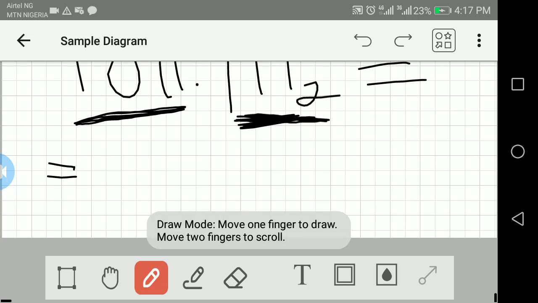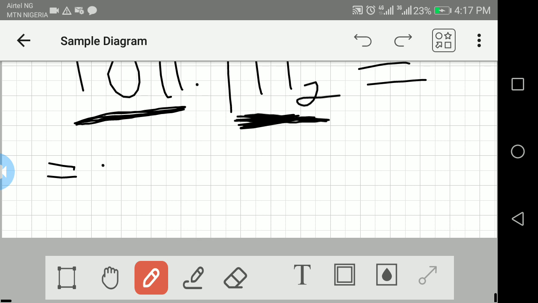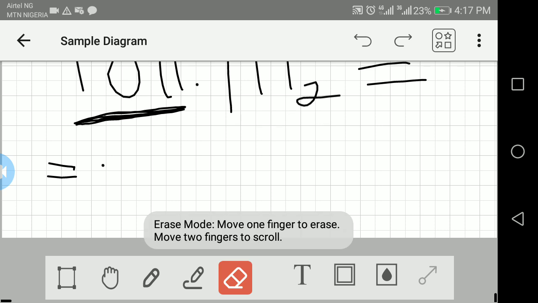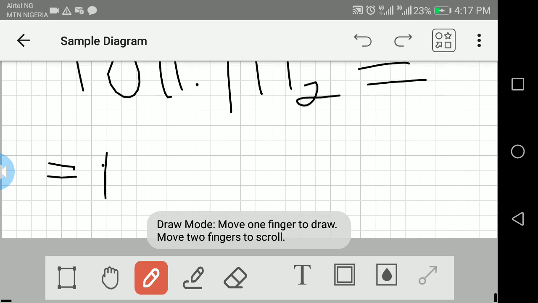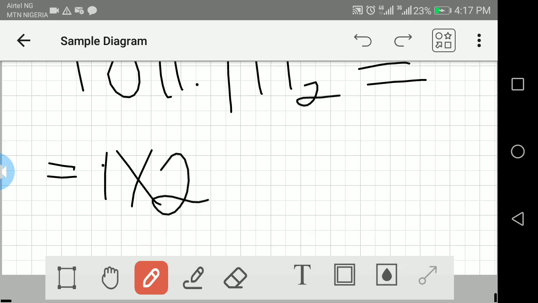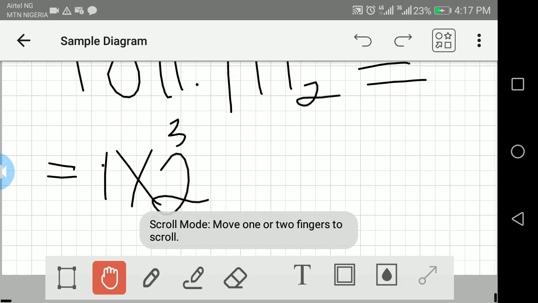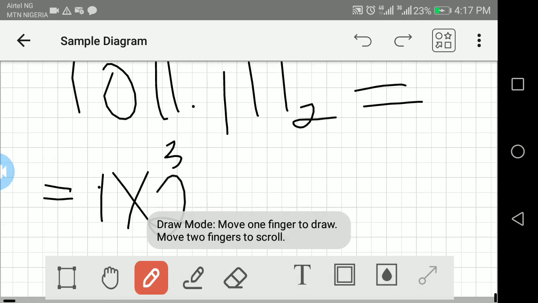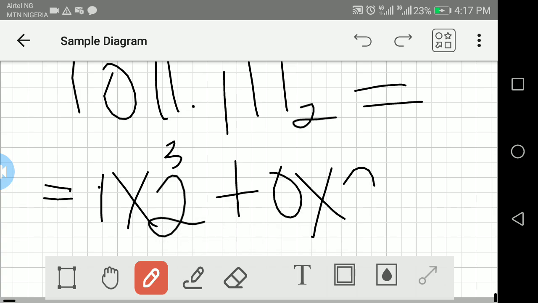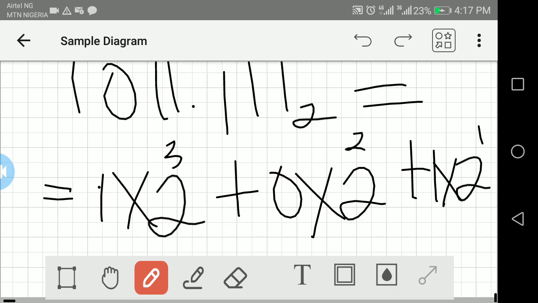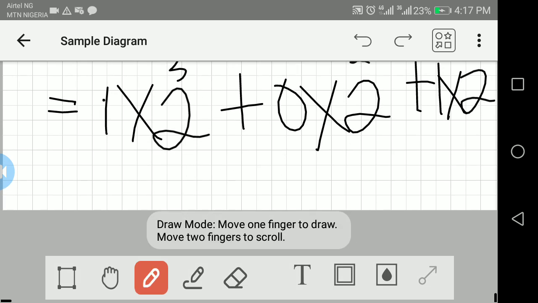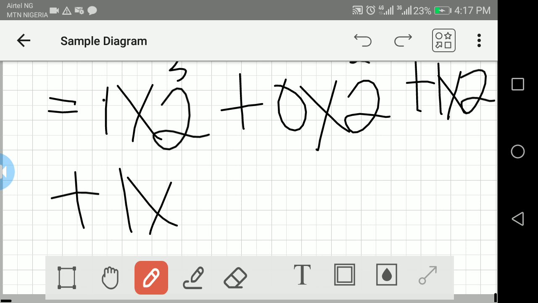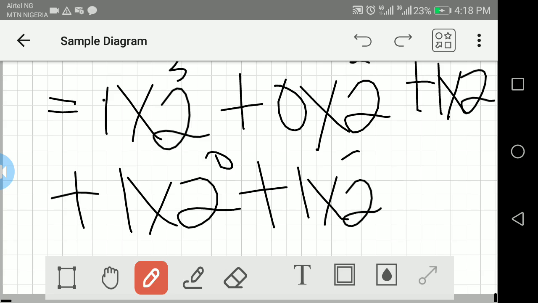So the number is base 2. We have 1 times 2 raised to the power of 3. You can see the power there is 3. Plus 0 times 2, which is the base, to the power of 2, plus 1 times 2 to the power of 1, plus 1 times 2 to the power of 0, plus 1 times 2 to the power of -1,